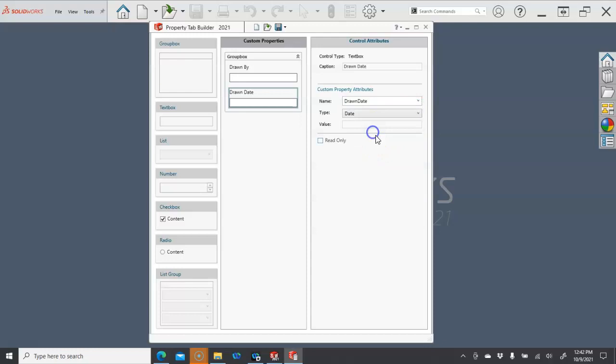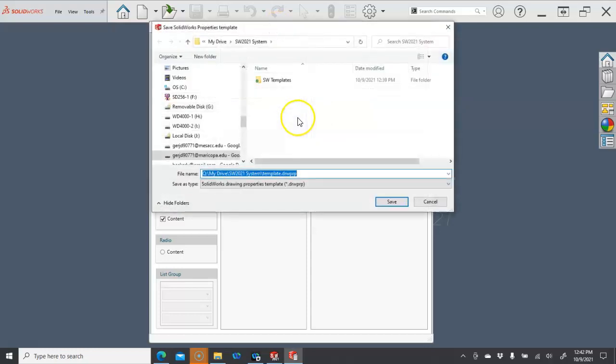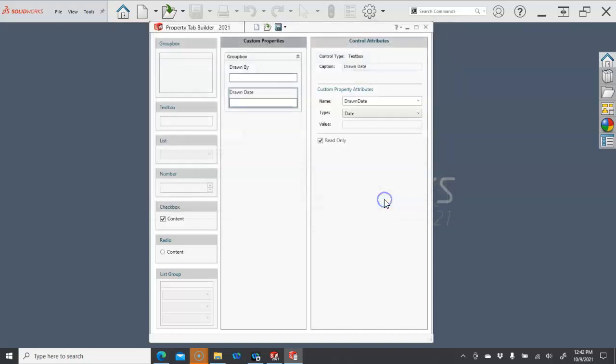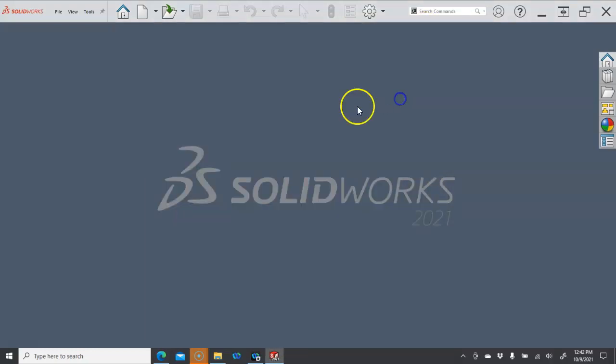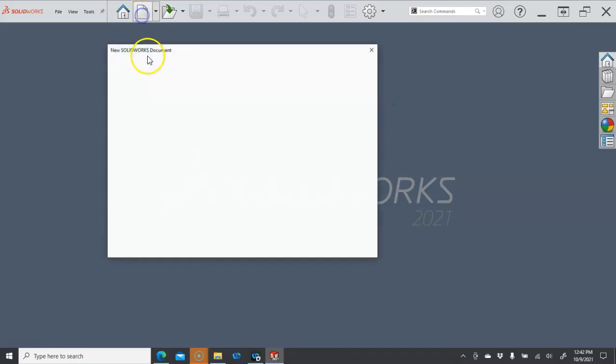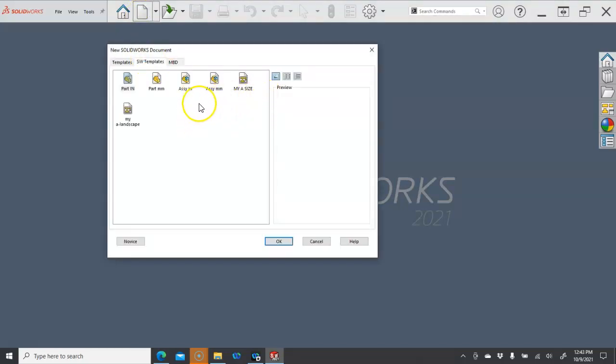And this will be the date, so we get the calendar. And then I want to save this. This will be the DRW. So draw template. I think I had those lowercase, so I'll leave it. Make sure there's not a space in there. Save it. Alright. So advantage of doing this now is that I go one more time into my sheet format,